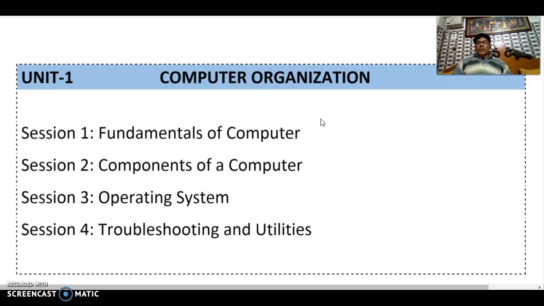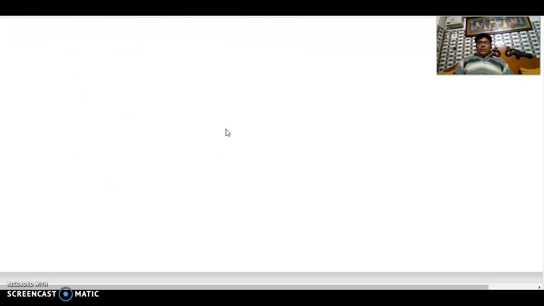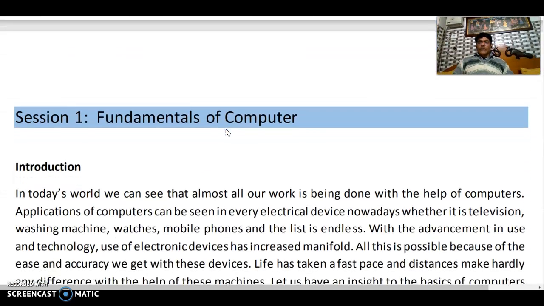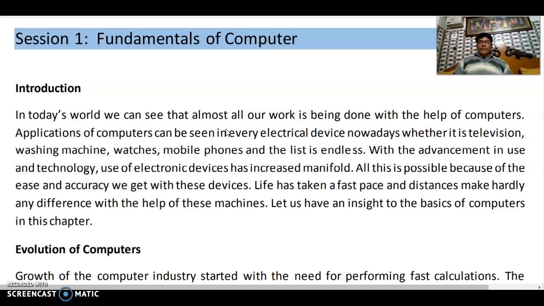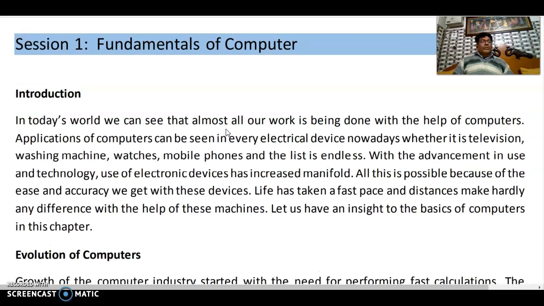In the first unit we have four sessions: computer fundamentals, components of a computer, operating system, troubleshooting, and utilities. So we'll be focusing on fundamentals of a computer. If you go through the introduction here, in today's world, we can see that almost all our